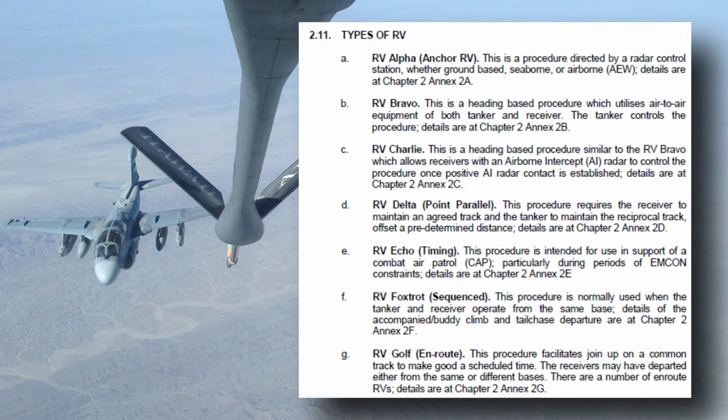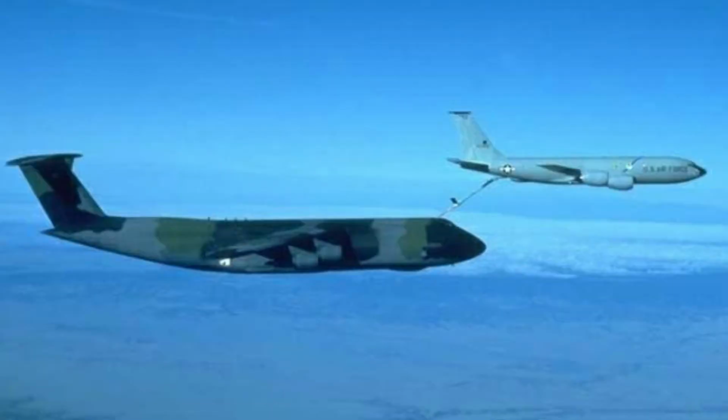In this lesson, we will not cover the Delta rendezvous, also known as the point parallel, since it is the most complicated of the 3 and cannot be properly flown in the T6 Alpha since we do not have a TACAN receiver or turn range and offset charts. Pilots that end up flying the T1 or tanker and heavy aircraft operationally will learn all about the point parallel